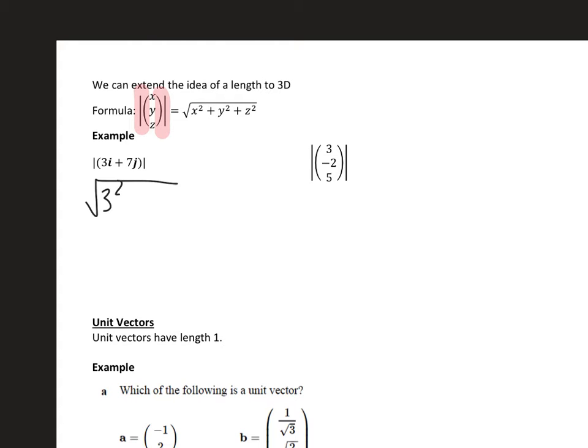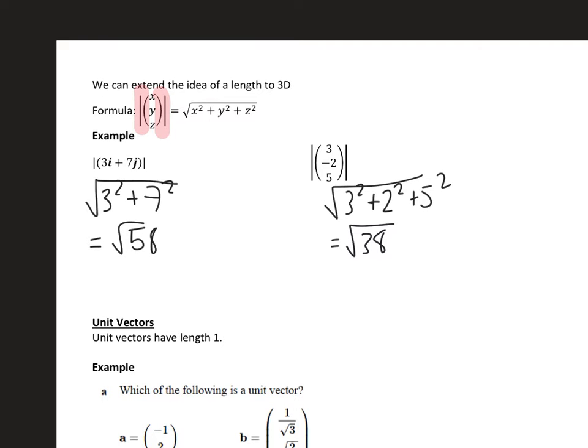So I use Pythagoras. I do 3 squared plus 7 squared. So that gives me root 58. And for this one, I do square root 3 squared. Again, I'm going to put plus 2 squared, because when I square, negative turns positive anywhere. Plus 5 squared. So I get root 38. Yeah, same idea. So I don't think you'll need to practice that much if you get the idea of the